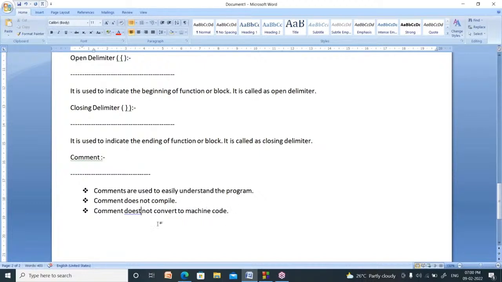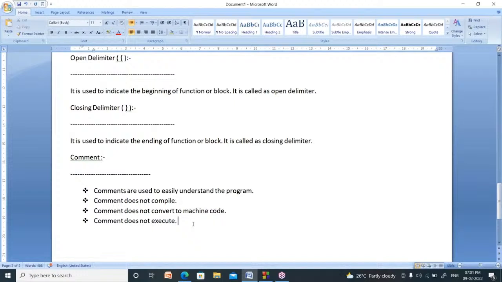If your program does not compile, it does not convert to machine language. That's it. So comments don't compile, don't convert to machine code, and don't execute either. These are not compiling, these are not converted into machine language, these are not executing.